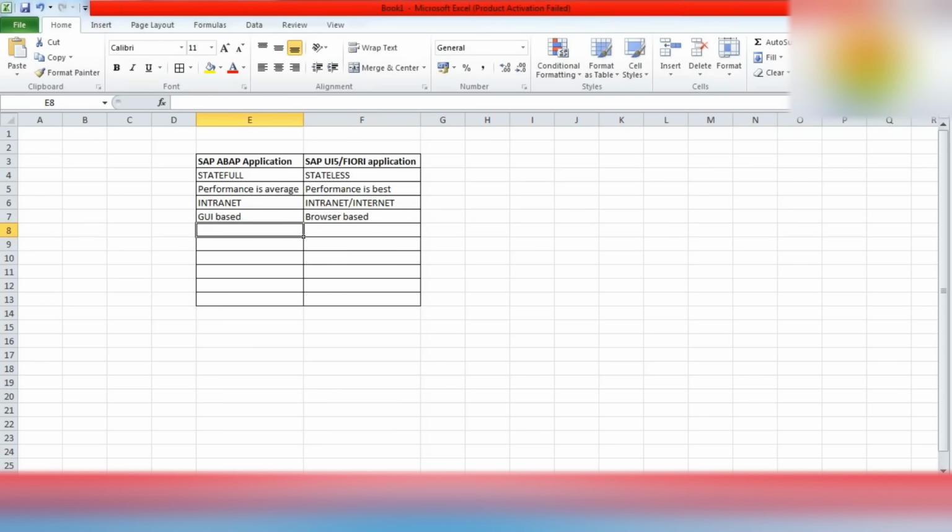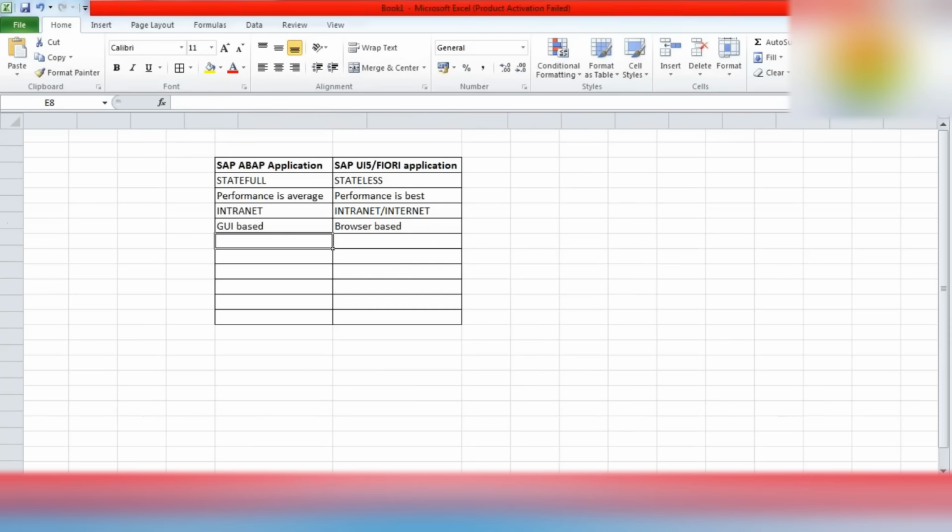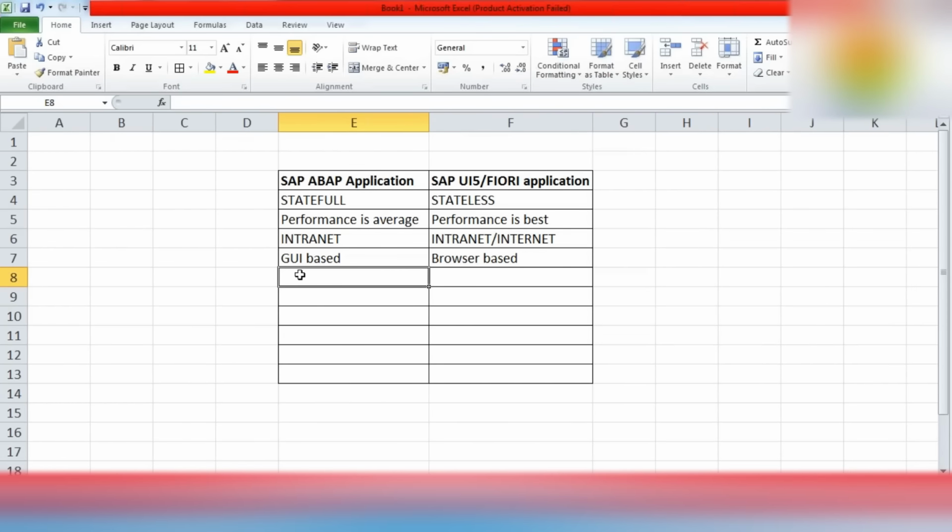We can run our ABAP application only on a desktop or laptop, but because UI5 and Fiori applications run on any browser, we can run them on desktop, laptop, mobile, tablet, any device.